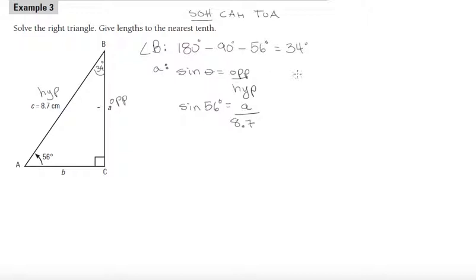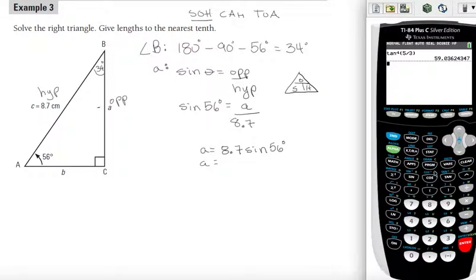Now if I use my little triangle, I am looking for the opposite, so I'm multiplying the hypotenuse by the sine of the angle. Also I can see here, I'm dividing by 8.7, so I've got to get rid of it by multiplying by 8.7. So 8.7 times the sine of 56 degrees, and that will give me 8.7 times the sine of 56 is equal to